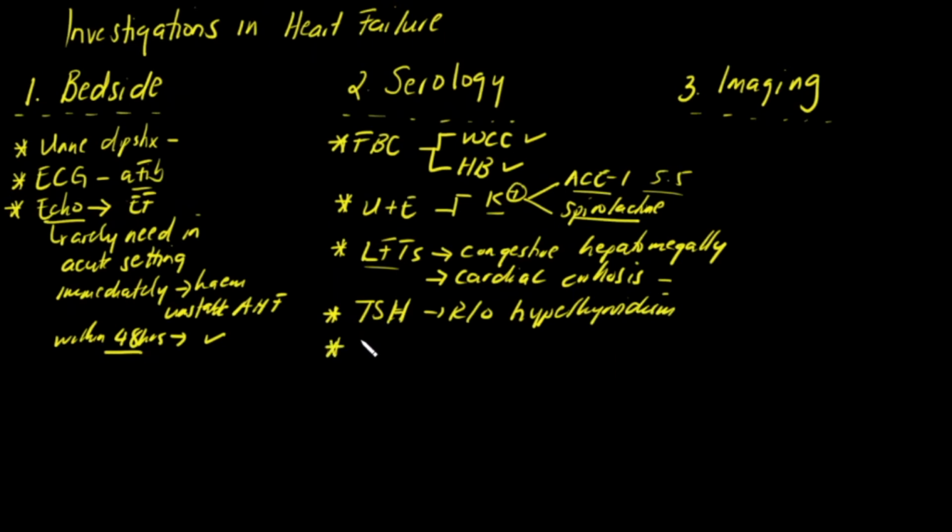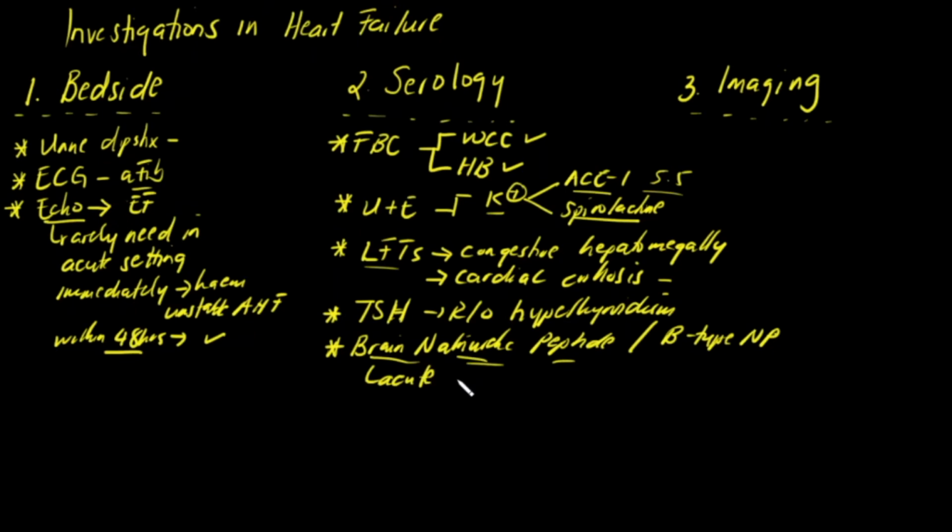Now, in the past we used to call it brain natriuretic peptide. Nowadays you hear it being called B-type natriuretic peptide. This test we actually do. Remember, brain natriuretic peptide is a hormone that is produced by your cardiomyocyte in response to any stretch. Typically, especially if you have increased ventricular blood volume, you will have a production of brain natriuretic peptide.